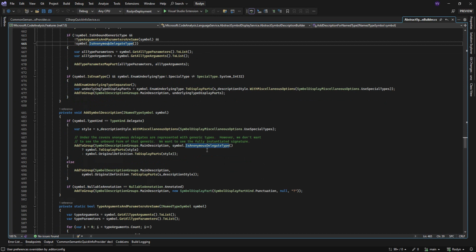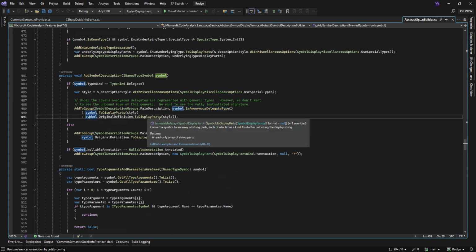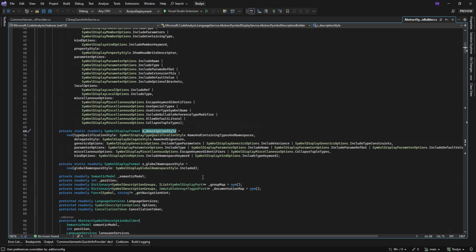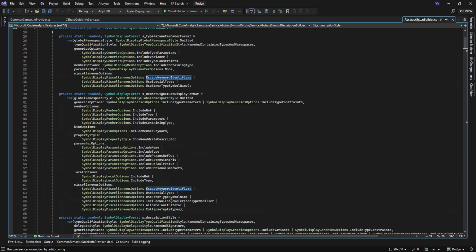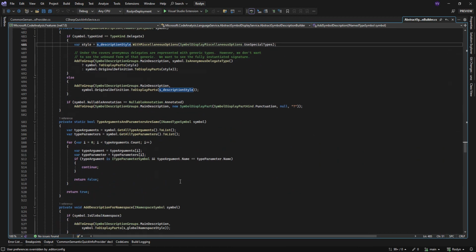That's an anonymous delegate type, which is not what we want. So let's see what this description style is saying, and it has an escape keyword identifier. Okay, so